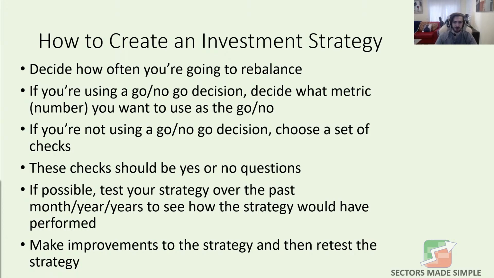And after we've created this, we can now make our little robot. We can have our robot go in and trade how this strategy would have it trade over the past month or even years to see how that strategy would have done. Then we know, okay, well, had I used this strategy, I would have made $4,000 in the past year.